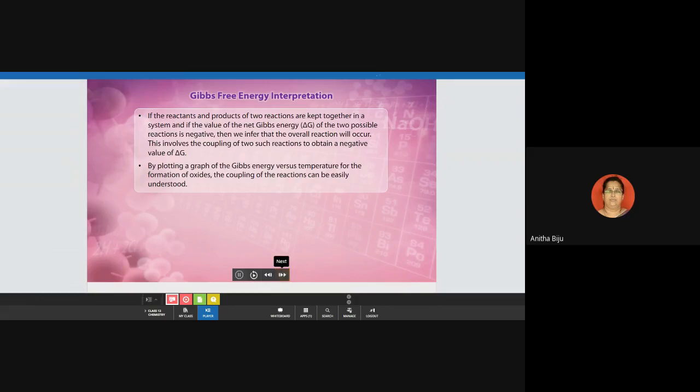When carbon reacts with oxygen, I will give another example. It is not exactly related to the topic. It is related to the concept. Okay. When carbon reacts with oxygen, forming obviously carbon dioxide. But here there is one more possibility. One more product is also there, carbon monoxide. So we can split the reaction into two steps. First step is carbon reacts with oxygen, forming carbon monoxide. Second step is carbon monoxide reacts with oxygen, forming carbon dioxide.